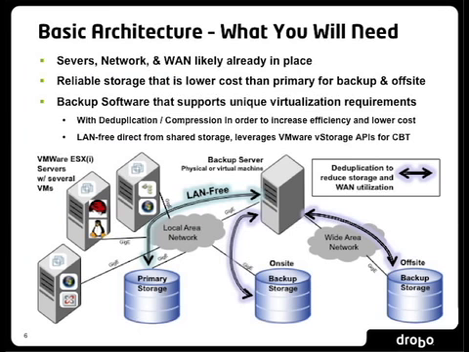And looking a little bit more at the basic architecture, what you're likely to need if you want to do a LAN-free virtual machine backup with VMware: you're going to have some servers, your network, and if you have multiple sites, you might already have a WAN in place to carry out this particular solution. You're going to need reliable storage, and having it as a lower-cost tier than the primary storage you're currently using makes for a more effective backup strategy and a more cost-effective solution overall. Adding to that benefit would be those deduplication and compression capabilities you talked about, Jerome, that you're going to want to look for when sourcing a